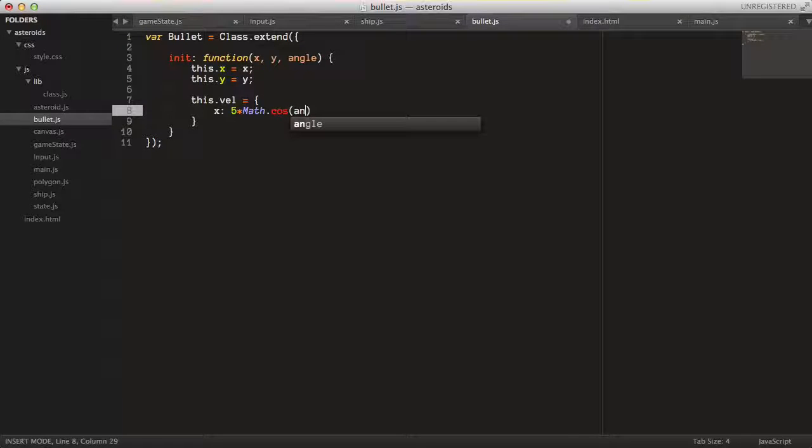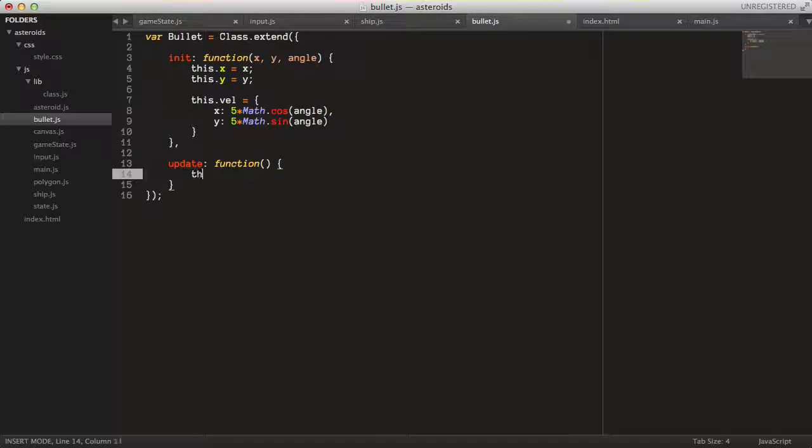Method cosinus of that angle, of course, and the y velocity 5 times method sinus of that angle, like that. And the update method, it's the simplest in the world. It just says the x plus equals the velocity of x. The same for the y direction, or the y position, sorry. And then the draw